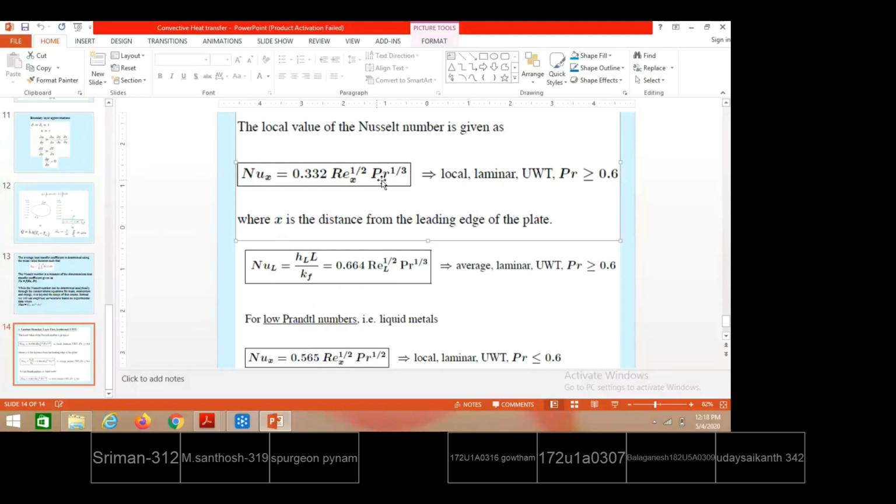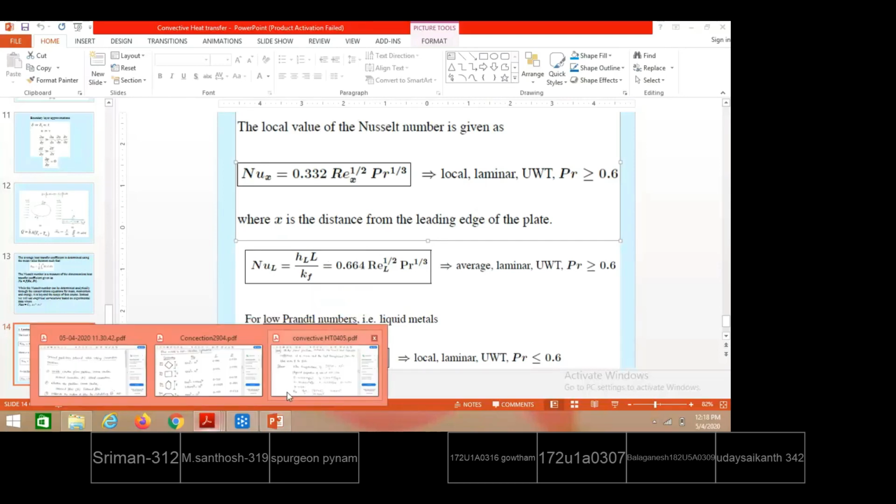But anyhow, all that is not there in the syllabus now. So here, all the convection problems are presented in terms of Nusselt number, Reynolds number, Prandtl number. This is valid only for forced convection. In the case of natural convection, the Nusselt number is represented in terms of Grashof number and Prandtl number. And now, using these relations, how to work out the problems that we are discussing. So let us start.